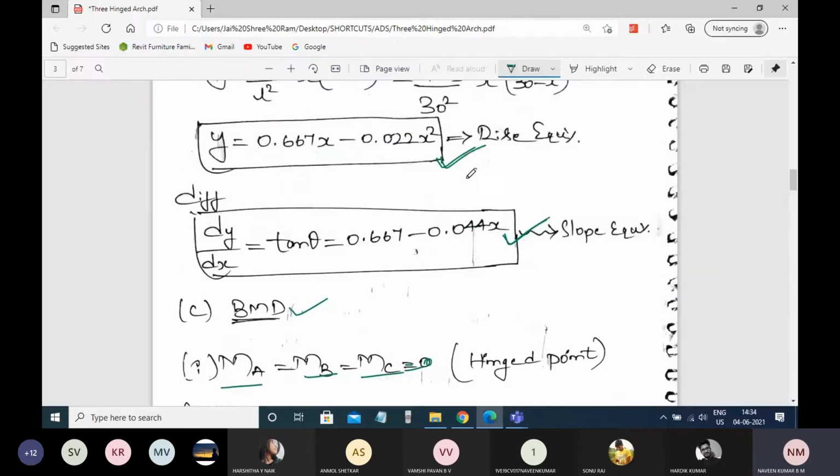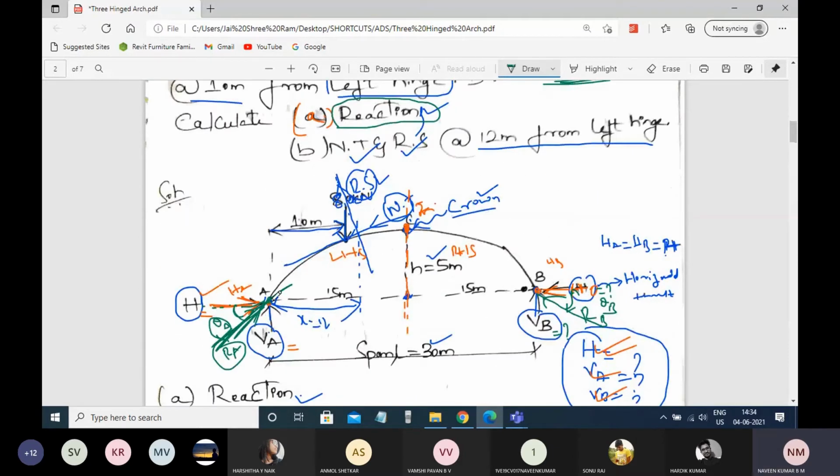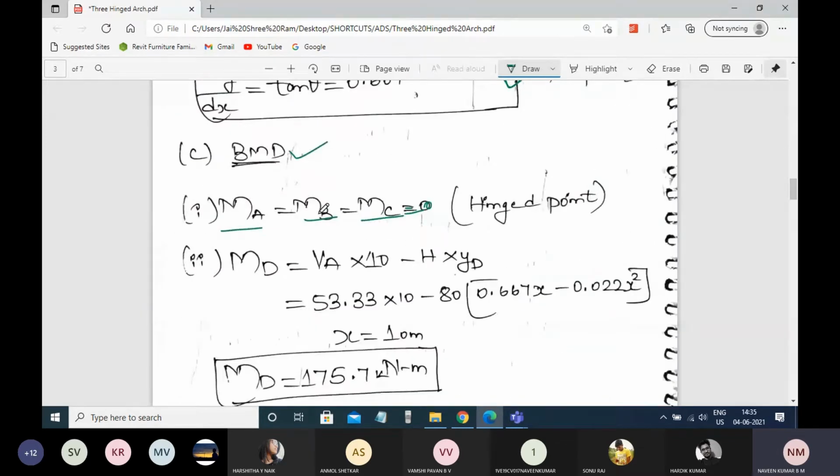So that means at point A, as well as at point C, as well as at point B, you have a hinge support. Because of the hinge support, it is free to rotate, in any direction, clockwise or anti-clockwise. That is not required, but it is free to rotate. Because of that, moment at those points is 0. You can directly note that down. So that we easily got.